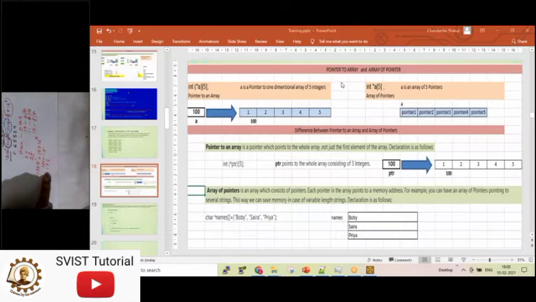So we were doing pointer to array and array of pointer last day. Is it understandable? Do you have any question in pointer to array and array of pointer? Pointer to array is within bracket, star a. Both brackets have the same priority, so we take the name of the pointer first. You first need to decide whether it is a pointer or an array. That is the first decision.